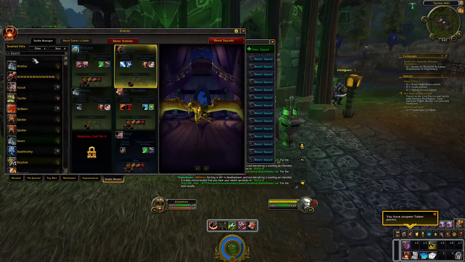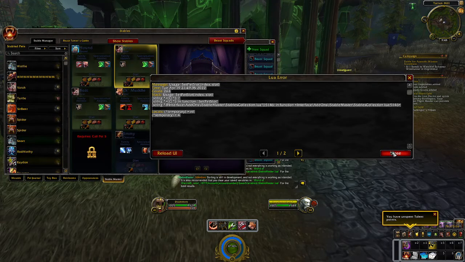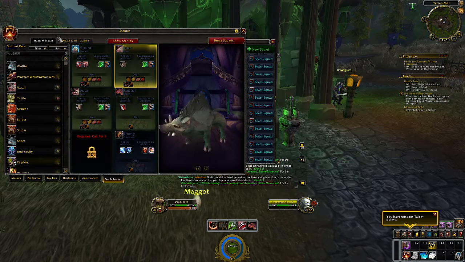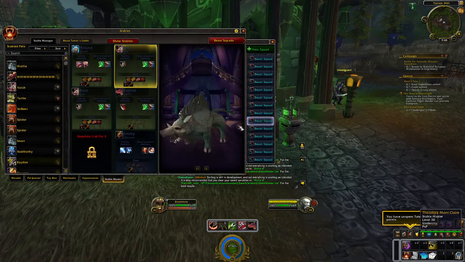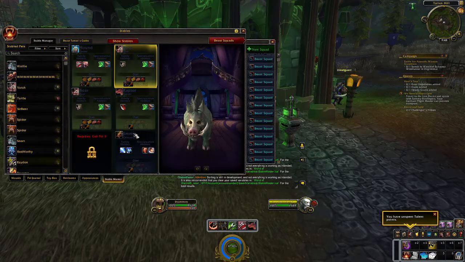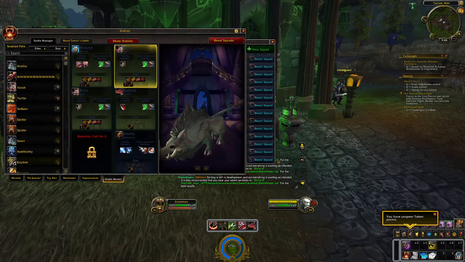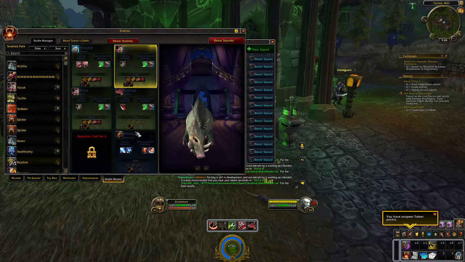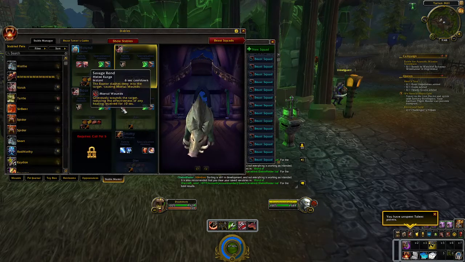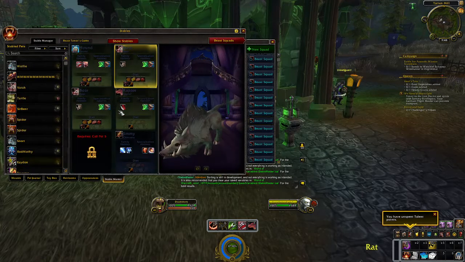If I know that I'm frequently using this loadout or this squad of beasts, then I could just find the one over here and make that go. Like right now it's bugged, but as you can see, some of the pets changed here, and that's great. It should also include the animal companion in this case, so you will have less to do when you want to change these things up